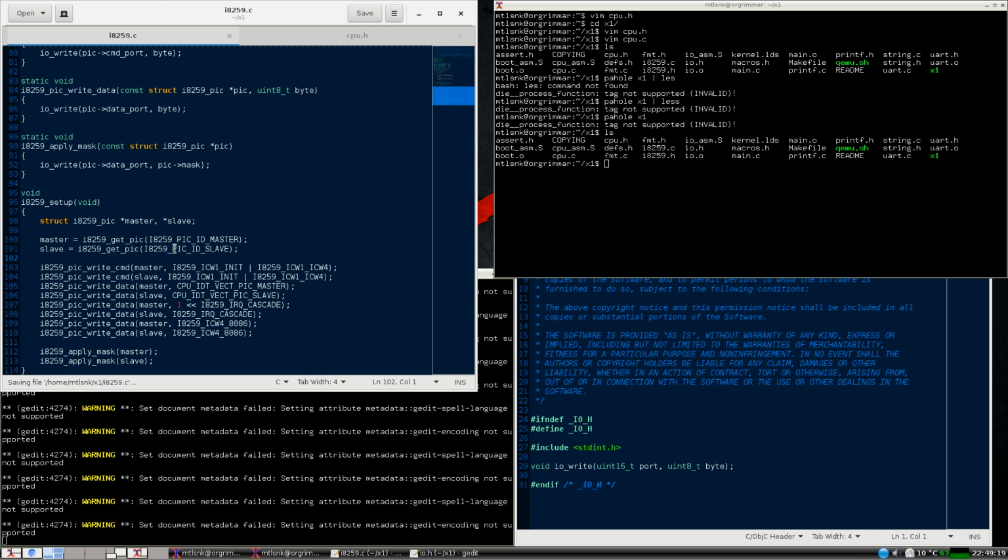Okay, and see how the code is, see how different it is? It's more abstract. You don't really need to care about ports anymore. You want to send commands and data to the master and the slave, and it completely abstracts addresses and values. Like here, as I said, you still break encapsulation a little because you allow the set function,